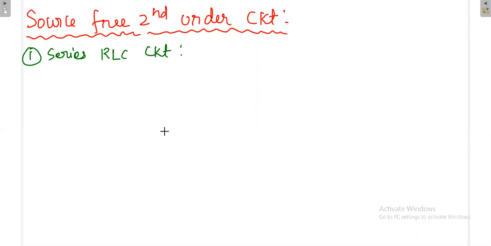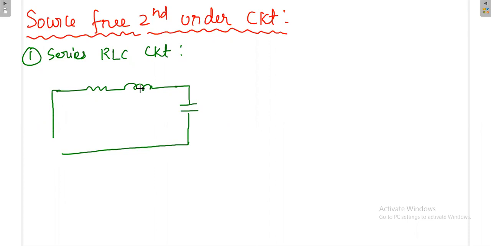That means that either the capacitor or the inductor already has some energy, and from that energy the circuit will operate. The circuit consists of resistance, inductance, and capacitance. The assumption here is that the capacitor already has energy, some initial voltage, and from that voltage it will operate. From that voltage, some current will flow forward and backward.